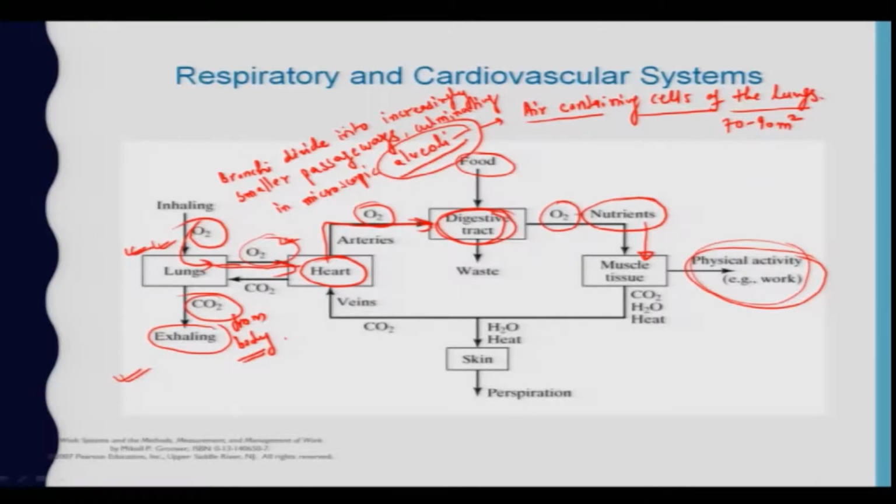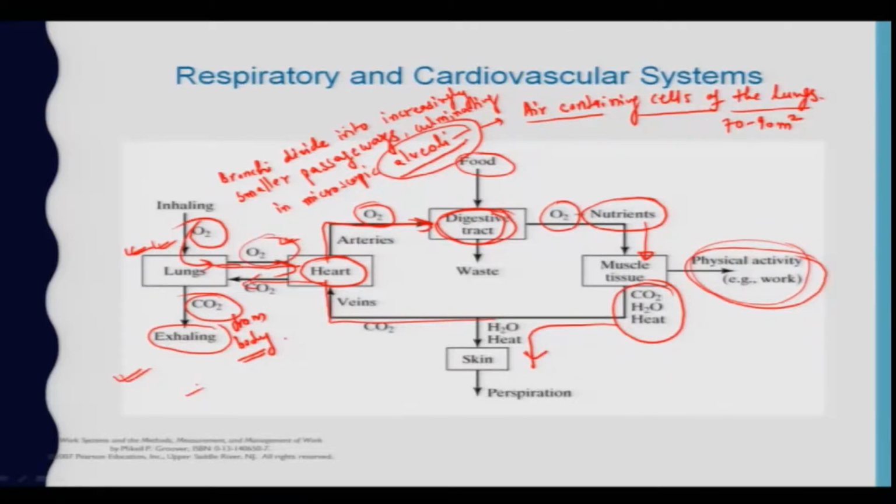So as a waste product, these muscle tissues are liberating carbon dioxide, heat and water. That water, in the form of perspiration, goes outside the body via the skin. The carbon dioxide goes via the veins to the heart, and from the heart it goes to the lungs, and the lungs exhale this carbon dioxide from the body. So, this is in a nutshell the whole